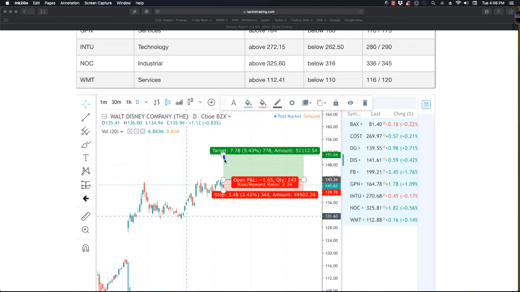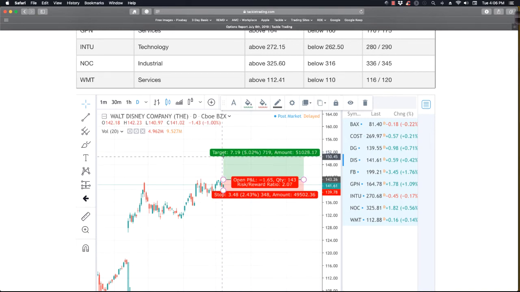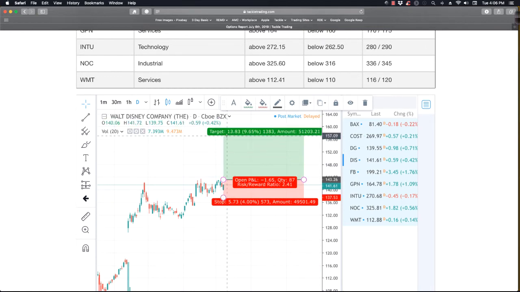Let me pull that target back down a little bit, get it down towards the 150 target we were talking about. And we need at least that 1.5 to 1 reward to risk ratio. So we might have to adapt the stop loss a little bit if we target that 150 zone. Still gives about 1.65 to 1. If I pull back here and move the stop down as a position trader, and I extend the target up to 160,